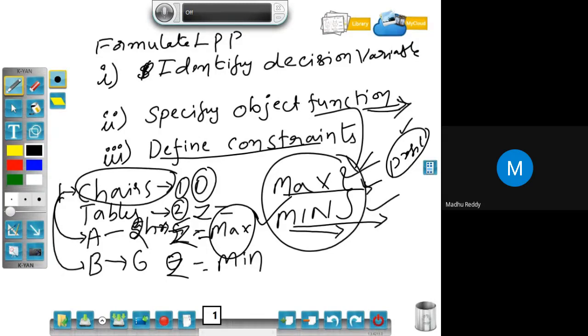He has also given one more limitation. Machine A can work only 16 hours, and machine B can work only 15 hours per day. These are the restrictions. To make one chair, it takes 2 hours on machine A and 6 hours on machine B, and to make tables, it takes 5 hours on machine A, and it is not possible to manufacture the table on machine B. So he has given us these things.